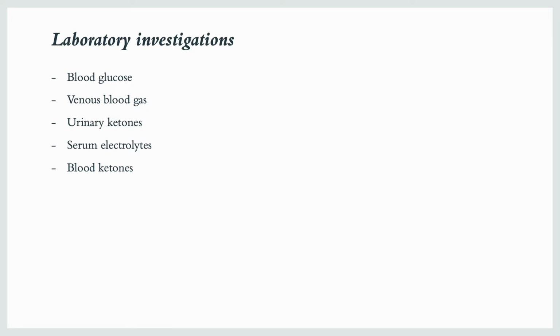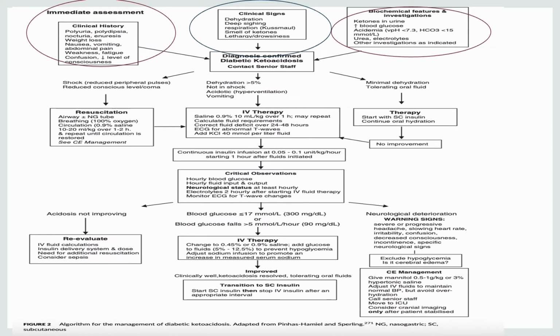blood glucose level, venous blood gas to look for pH and bicarbonate, and also for CO2, because these children will have hyperventilation, so there will be CO2 washout. And third, urinary ketones or blood ketones if available, serum electrolytes to see potassium and sodium, blood urea nitrogen, serum creatinine to know the status of the kidney, calcium, phosphate, HbA1c for poor glycemic control, and C peptide. So this is the flow chart you are looking at.